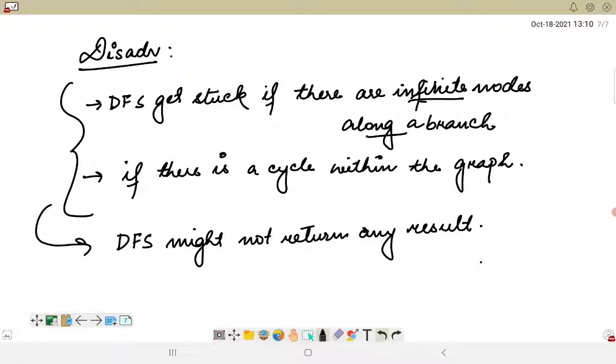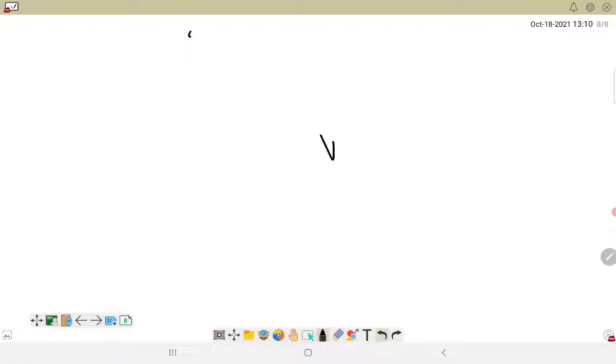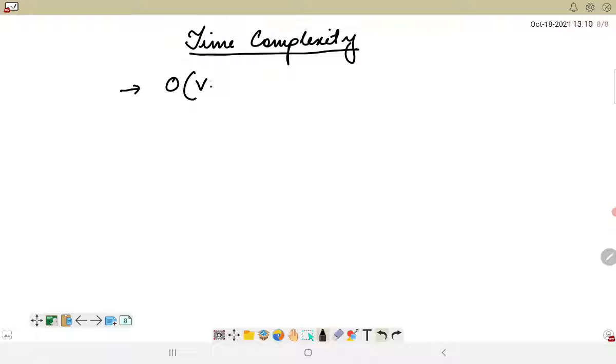Right? And the next important thing that we have to discuss is the time complexity. As we have already discussed in our BFS, the time complexity is generally given by the combination of vertices and edges. However, if we are considering it from the artificial intelligence point of view, it is generally given by b to the power d, where b is the branching factor.